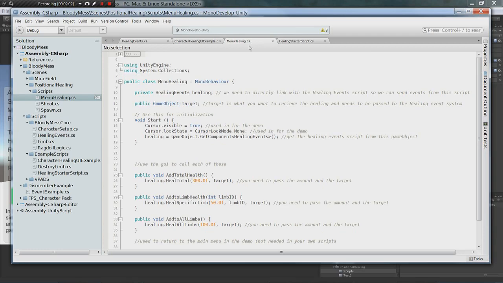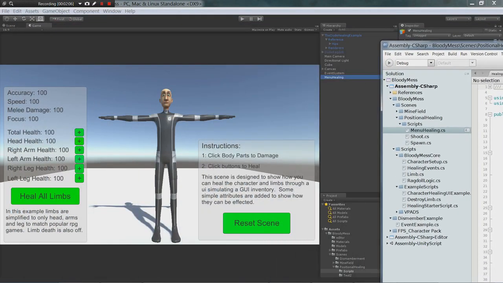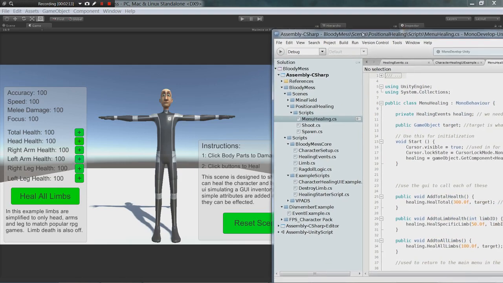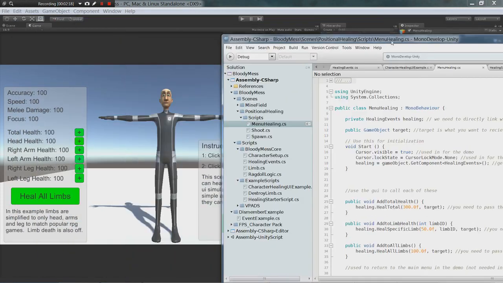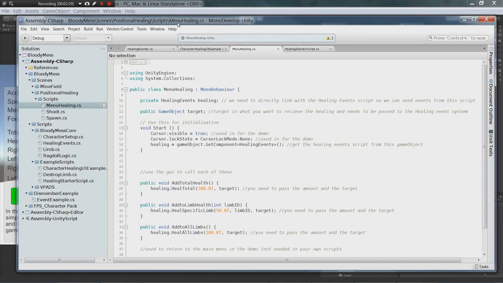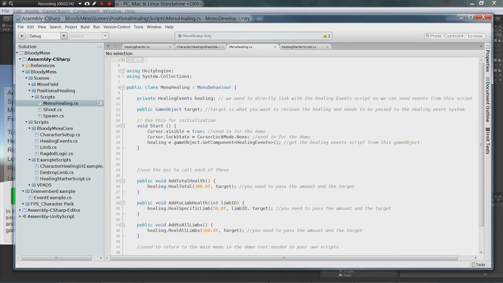And in this case, I use a menu healing. As you can see, I'm using a menu here, sort of like a GUI. It's a simplified version of what maybe an inventory would be, like in an RPG game, where you drag a doctor's bag on top of the limb of your character, and it heals just that limb, or heals all your limbs, or however you want to do that, or just heals your character if you don't even want to have limb healing. So what this does